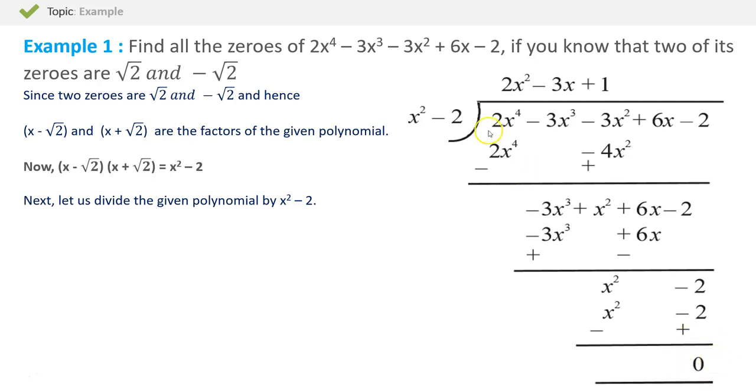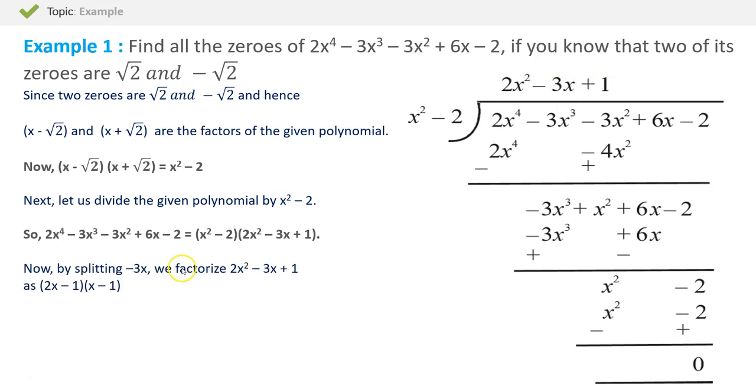And hence, 2x to the power 4 minus 3x cubed minus 3x squared plus 6x minus 2 can be represented as x squared minus 2 multiplied by 2x squared minus 3x plus 1. Now by splitting minus 3x, we factorize 2x squared minus 3x plus 1 as 2x minus 1 multiplied by x minus 1. And hence, additional zeros are x equal to